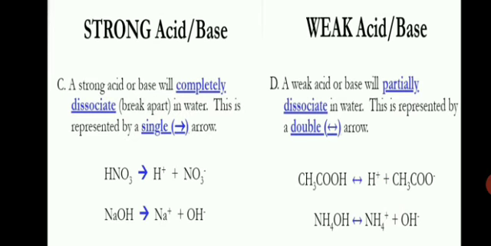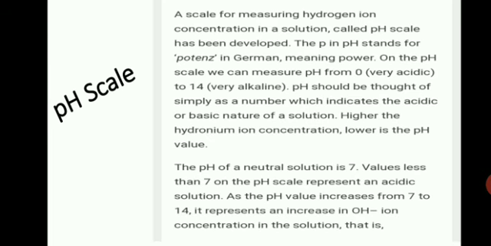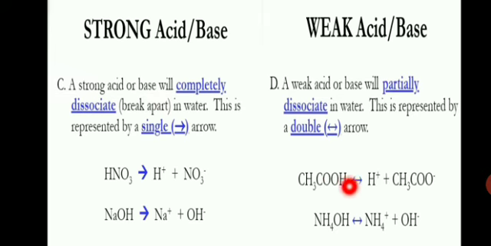In another base, ammonium hydroxide, it dissociates as NH4 plus and OH minus. That means it is not completely dissociated; it is partially dissociated. Here the hydrogen ion or H plus ion remains. So it is partially dissociated. According to this dissociation, the more H plus ions released by the acid